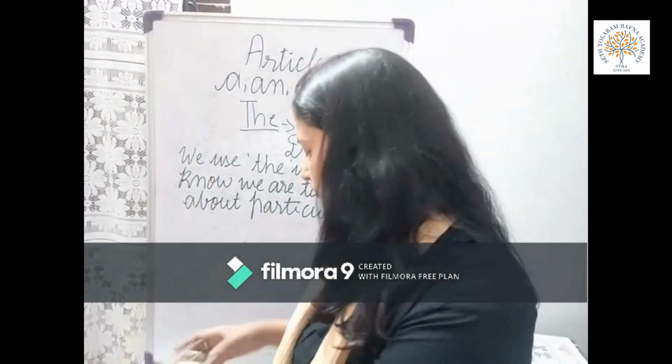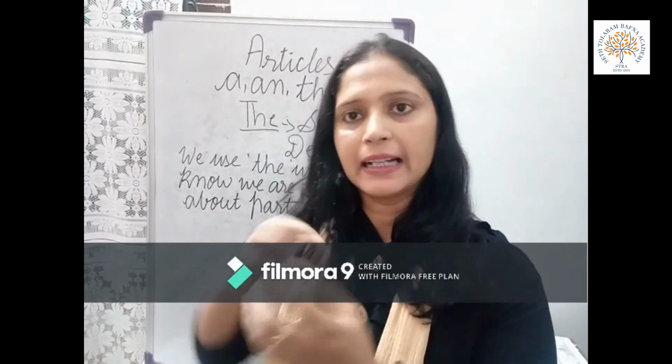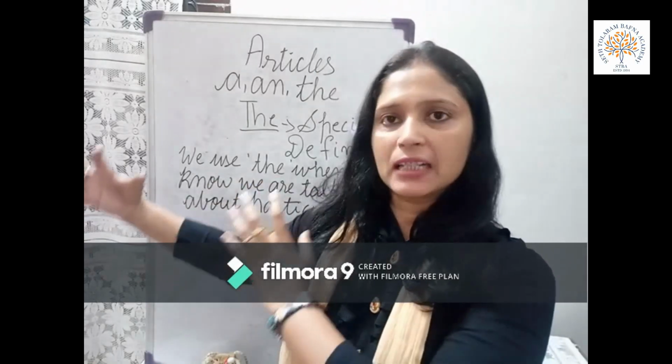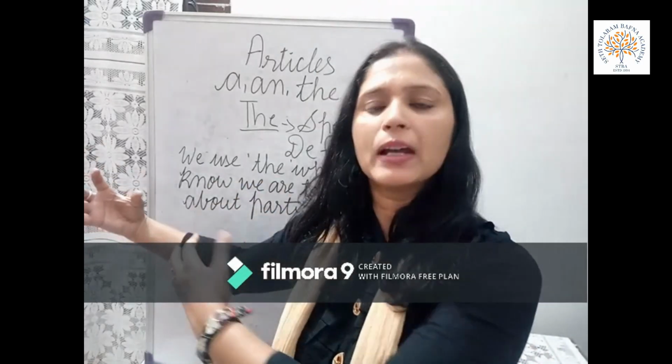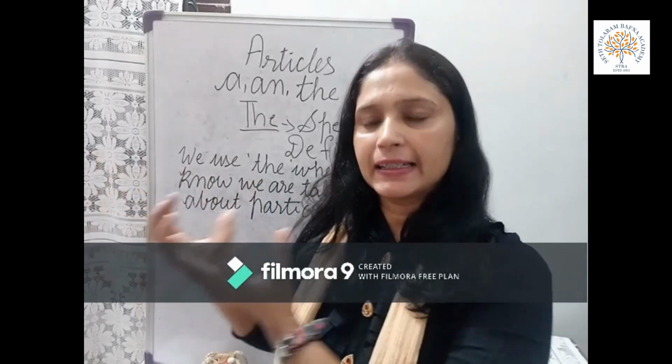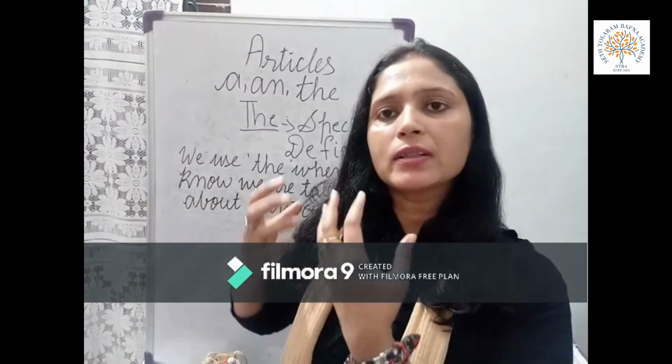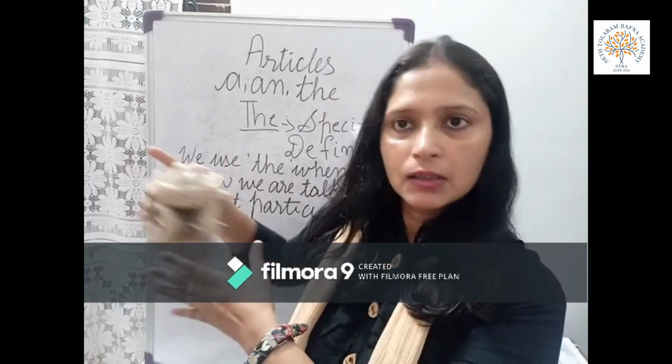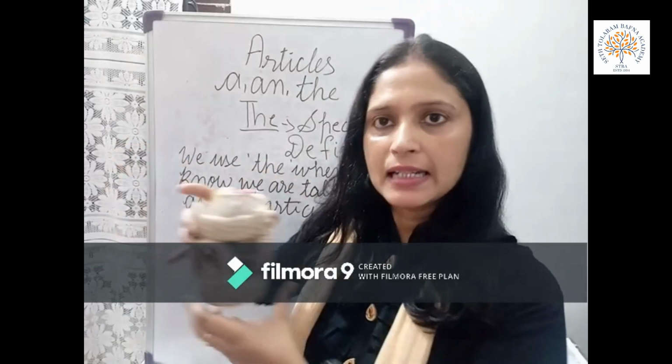Okay. Now again, one last time I want to repeat it. The things which are close to you and are in large number, you will say these, and the same things when they go a little bit far away from you and are in large number, then you will say those. These indicates the things which are close to you and those indicates the objects that are a little bit far away from you. Again, these are birds, those are birds.